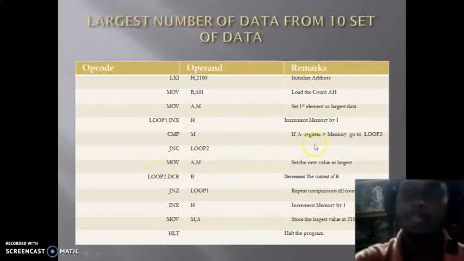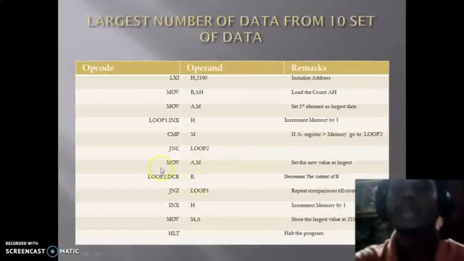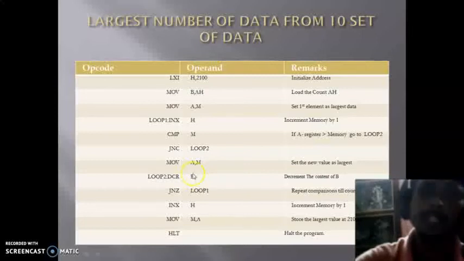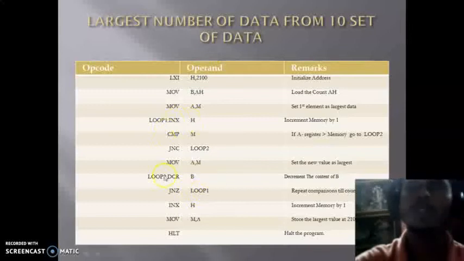Otherwise, if the memory is greater than A, then the content of M will be stored into A. This loop continues up to 10 times. After decrementing the content of B, when B is 0, JNZ checks whether B is 0 or not. If it is 0, then loop 1 will not continue,